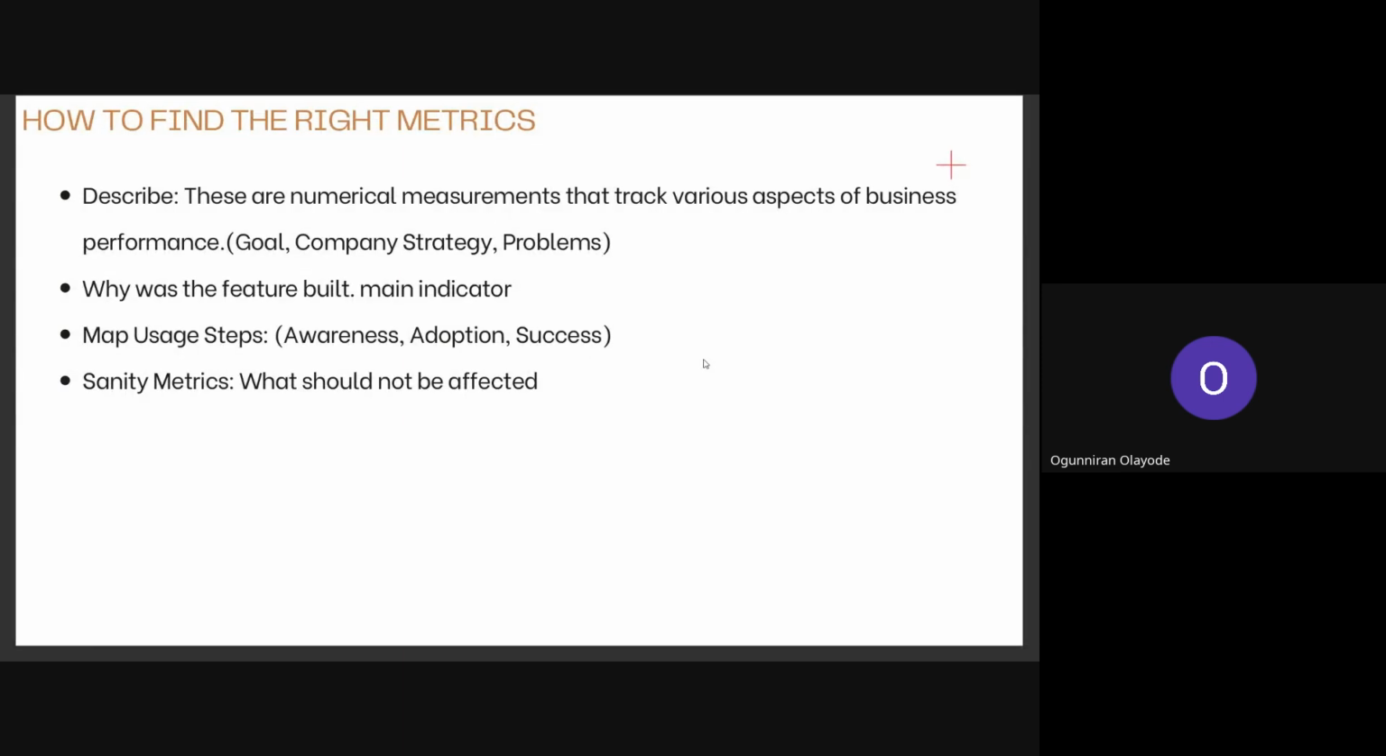Sorry about that. So how to find the right metrics? These are the four steps to find the right metrics. You have to determine the goals of the company. So what is the goal of the company? The goal of the business? What is the goal of the product? What does this product